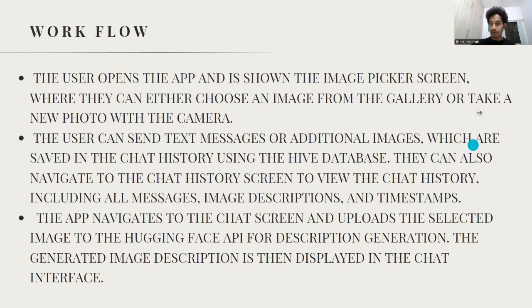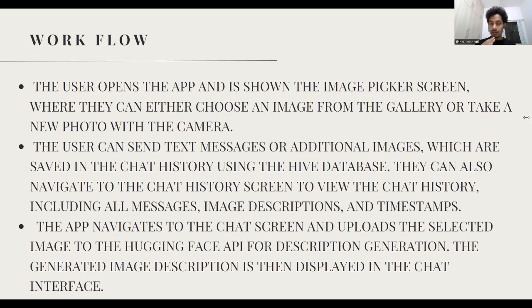So, workflow. Coming to the workflow, the user opens the app and is shown the image picker screen where they can either choose an image from the gallery or take a new photo with the camera. This is all a basic thing, where the user is literally able to just select an image. And the user can send text messages or additional images which are saved in the chat history using the Hive database. This is one of the tech stacks we have used, a DBMS which we use to store all this data. And they can also navigate to the chat history screen to view the chat history, including all messages,